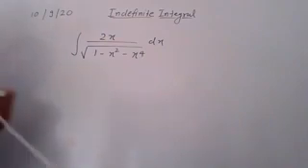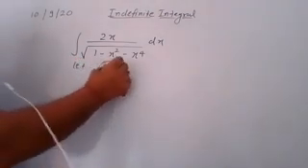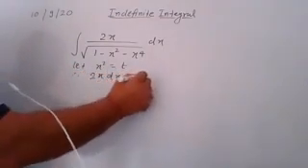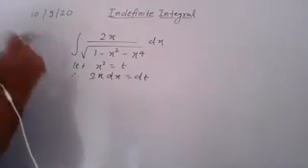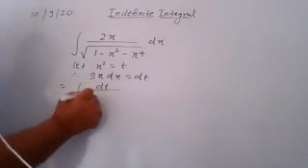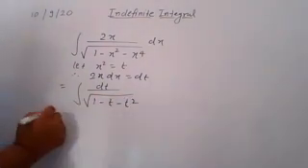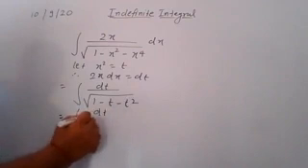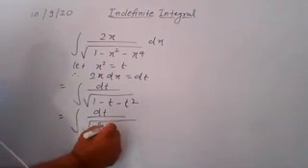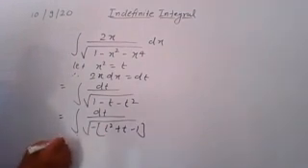So what you do here, you substitute x square is equal to t. Let x square is equal to t and differentiate it. So you have 2x dx is equal to dt. Understand? Now use it in the given integral. So you have dt upon under root 1 minus t square. And again here you apply the same method. So dt upon within root, here you take minus common. So you have t square plus t minus 1.